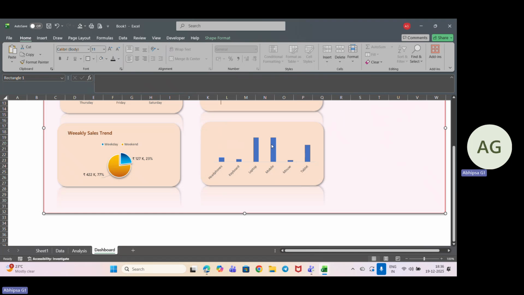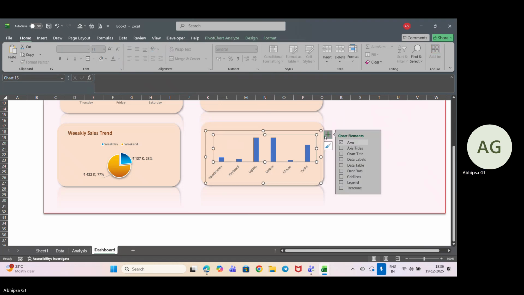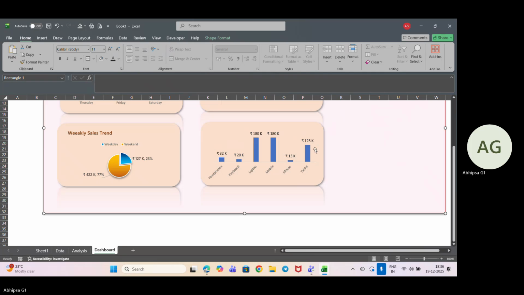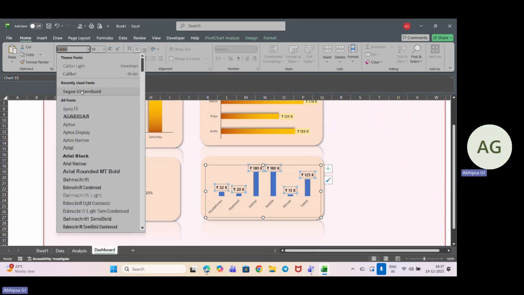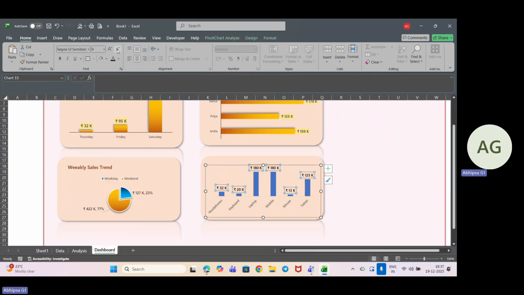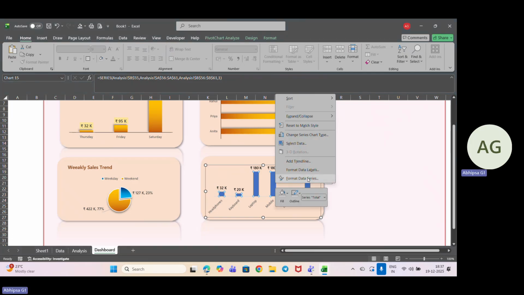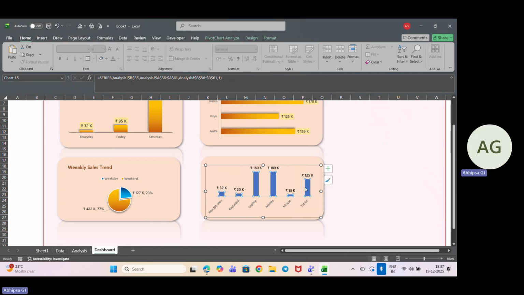This looks good. I want data labels. This is fine. Now for the data labels, I want to change it to UI semi bold and I want to decrease it a bit. Yes, that looks good. Now I just want to change the color. For that, I want to go down here,